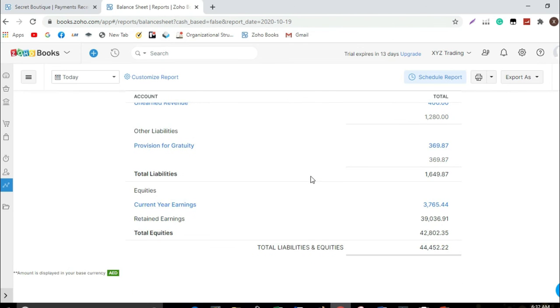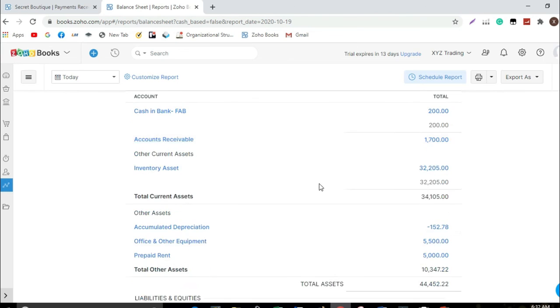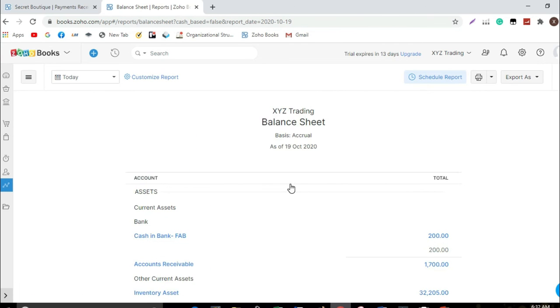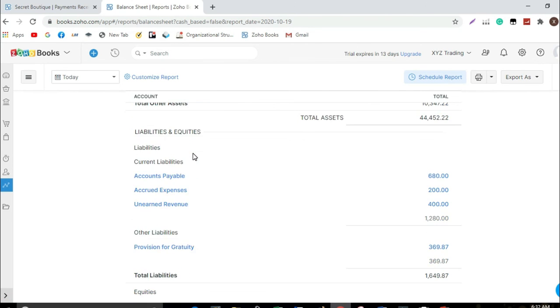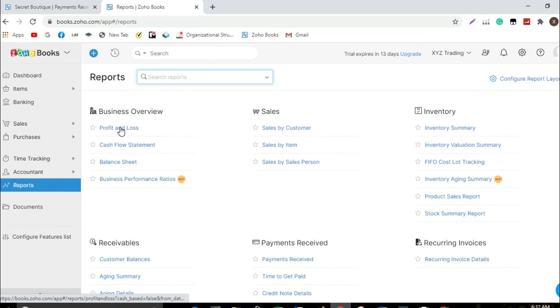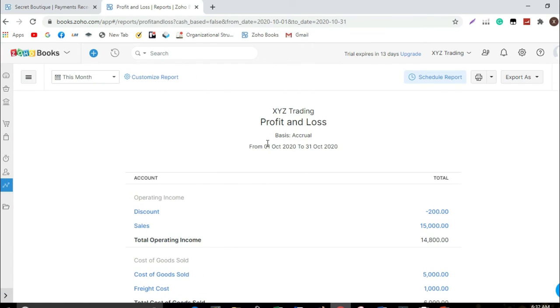Yeah, if it's not reflecting on our balance sheet, it means 0, and at the same time we have completed the supporting schedules for accounts receivable, accounts payable, and cash advances from customers, or the other term is unearned revenue. Let's recheck the report for the profit and loss statement.